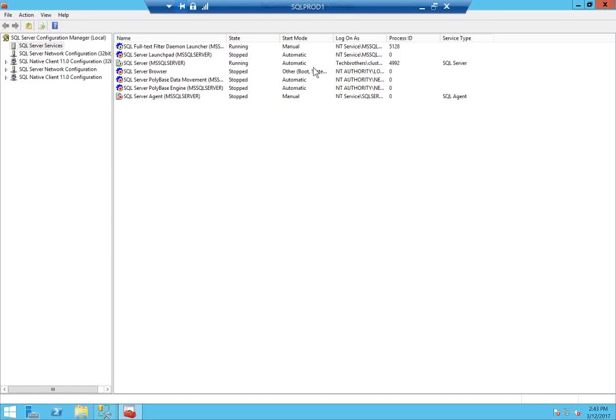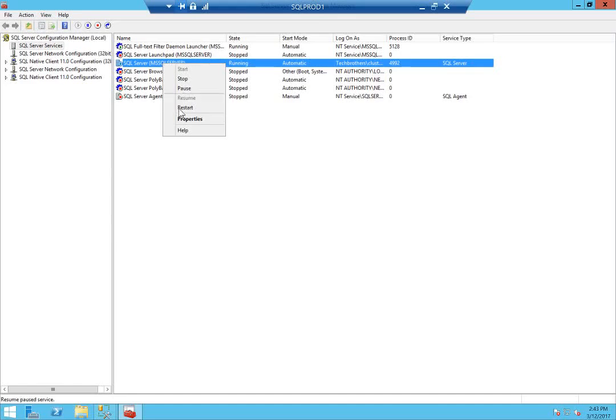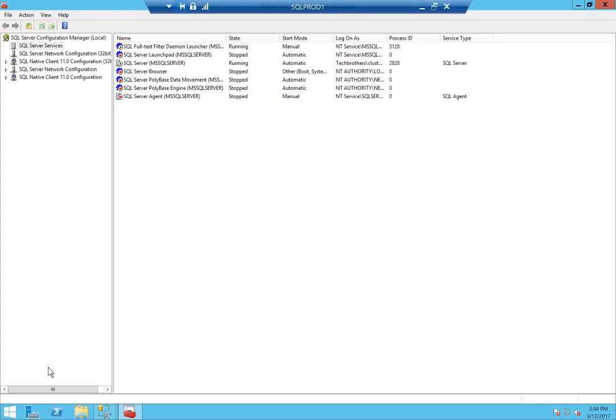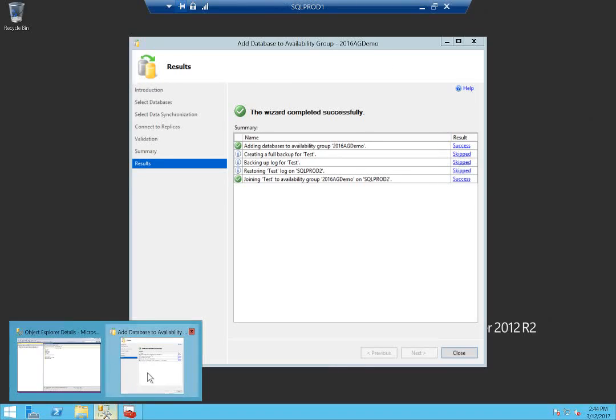Now it's running under cluster admin, that is the service account. I'm going to restart it just to be sure that it restarted the services. Okay, let's go back to our SQL Server Management Studio